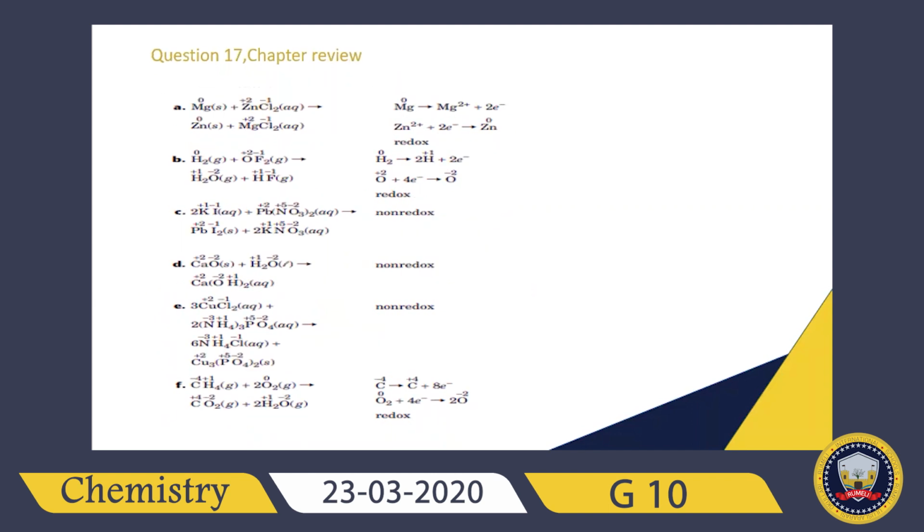This question is from the chapter review, question 17, and here actually we have the same question. Here you need to identify which reaction is a redox reaction and which reaction is a non-redox reaction. Again, you need to assign the oxidation number of each atom or ion in these elements, and then you will see if there is any change in the oxidation number of these atoms, then the reaction will be a redox reaction. If the atoms or the ions in this compound didn't experience any change in the oxidation number, then the reaction will be a